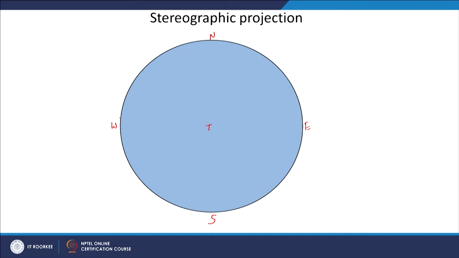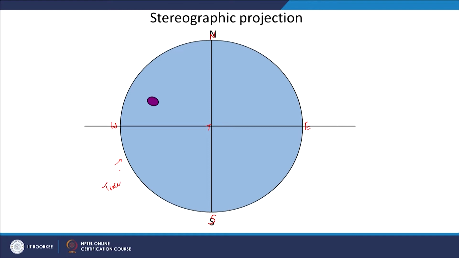So, I have removed the other part of the equatorial plane. I am only taking the trace of the equatorial plane which was cutting the sphere. So, this is my trace of the equatorial plane. This is my north, south, east, west. So, these 3 points, the normals which we projected, will look something like this. Only 1 0 0 poles we were taking. Those 3 poles are projected here.